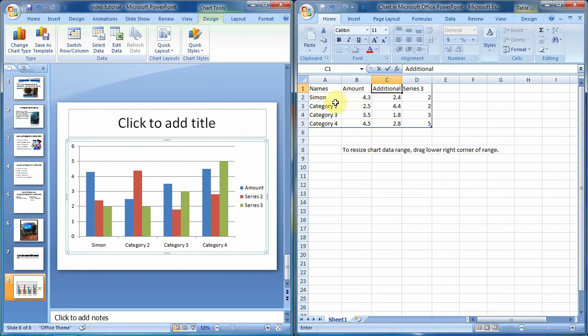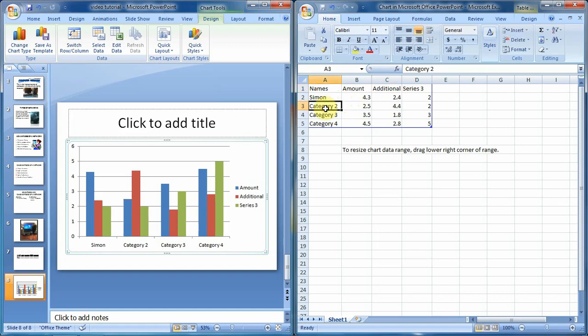Then from the names column, let's now try to edit these other categories. Category 2, we are changing it to Benedict. Then category 3, we are calling this one Isaac. And then the last one here, we are calling it Michael. After you have inserted all the names, we shall now go to amount. How much for Simon? So we can say